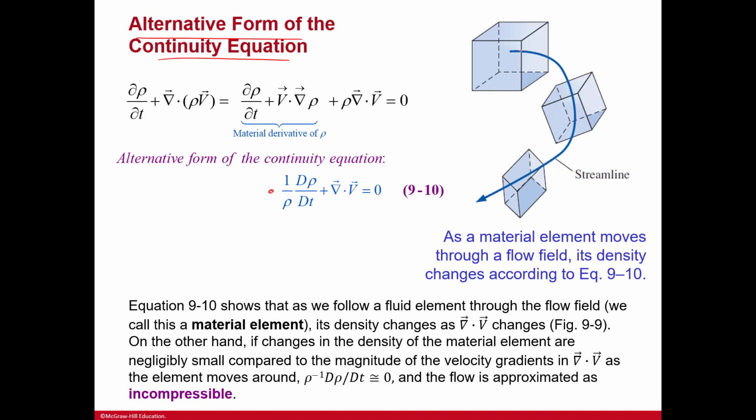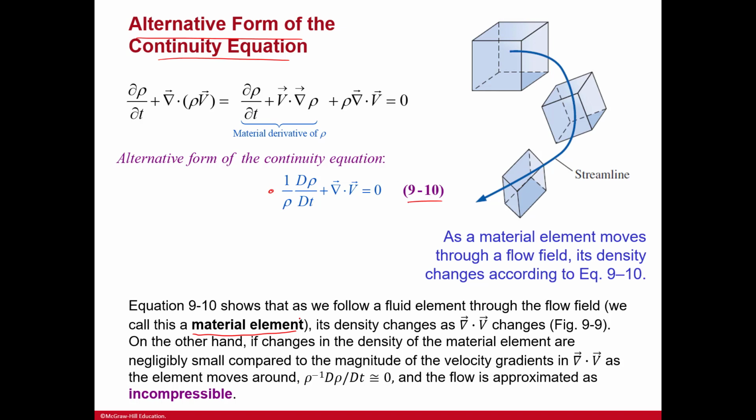And then this is showing you a streamline, and as the material element moves through a flow field, its density changes according to this formula here. And this shows as we flow a fluid element through a flow field, material element, that's what that's called, its density changes. On the other hand, if changes in the density of the material element are negligible or negligibly small